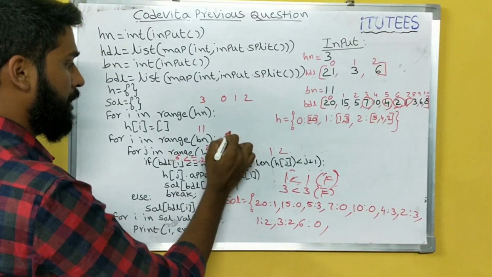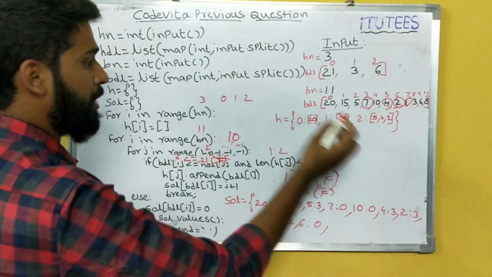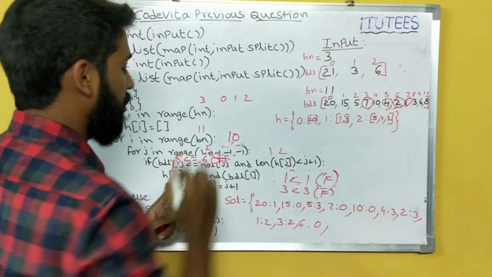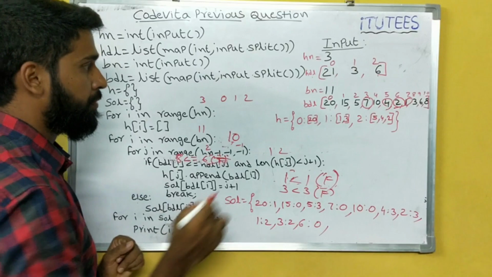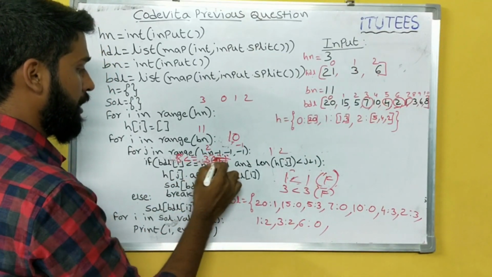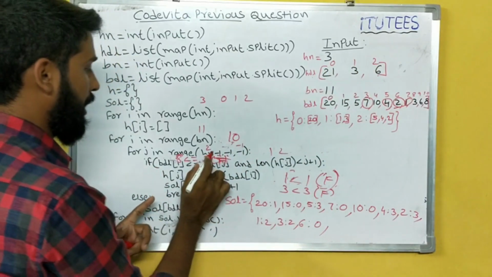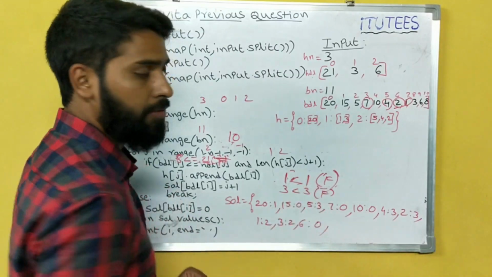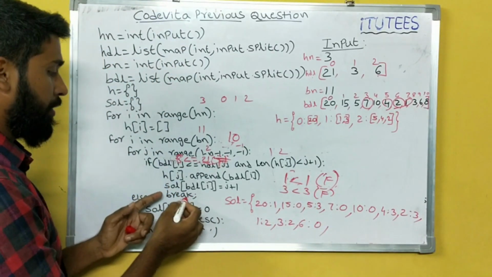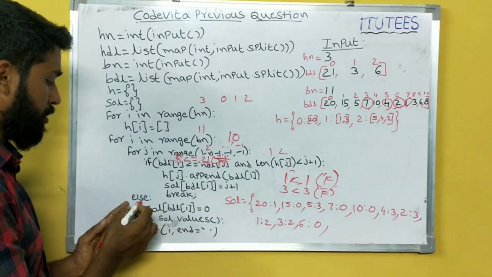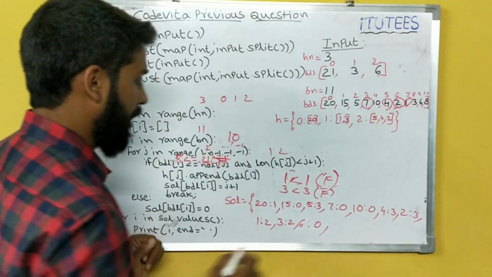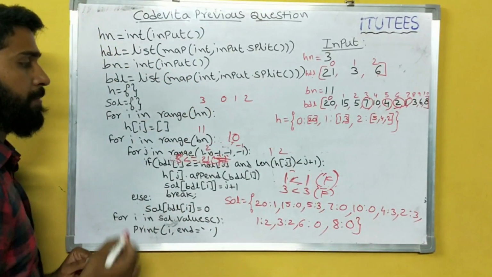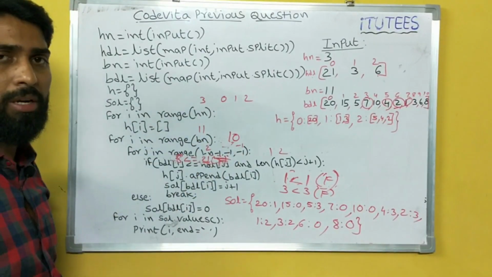And next I becomes 10. So BDL of 10 means 8. 8 less than or equals to 6. You can check j value 2. It is false. Next 3. 8 less than 3, it is also false. Next 8 less than 21, it is true. But in this condition 1 less than 1, false. And in these 3 cases we do not execute break. So we go to else. Solution of BDL of I, that means 8, we are saying 0. So that's it. The range 0 to 10 we complete.